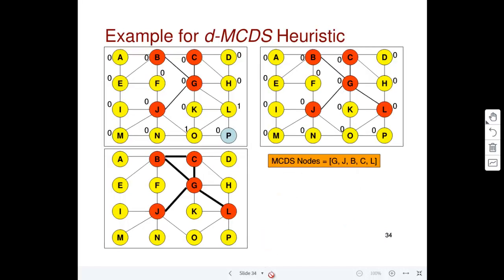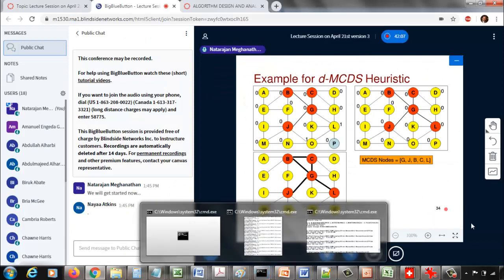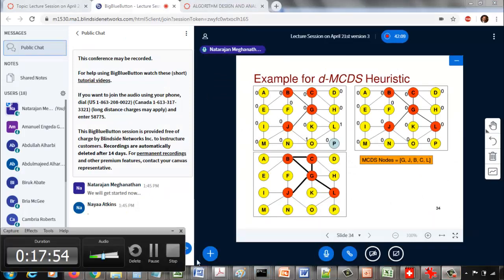Okay, so every time you include a vertex to the MCDS, go ahead and update the number of uncovered neighbors for every vertex in the graph, and among the covered vertices, then pick the next vertex with the largest number of uncovered neighbors for the next iteration. Okay, so with that we kind of finish this syllabus. Okay, if you have any questions on this, we can